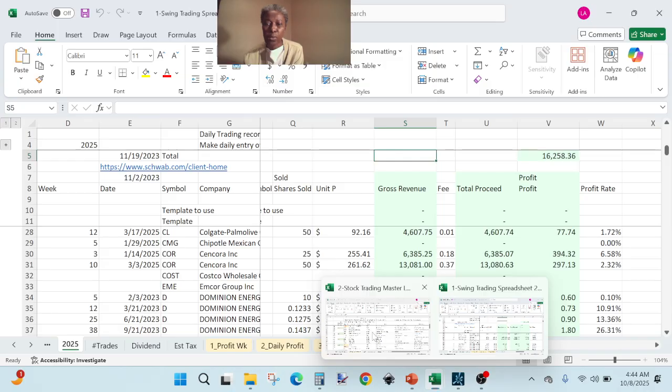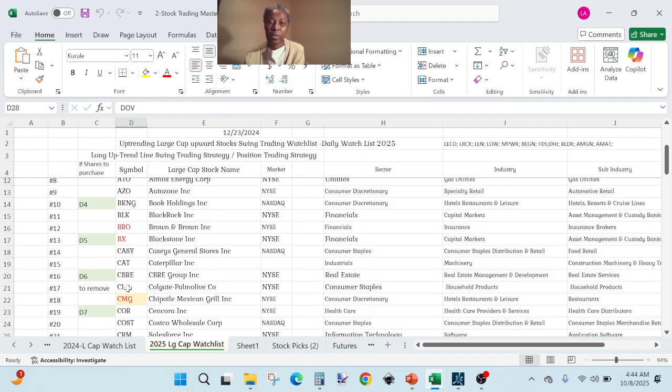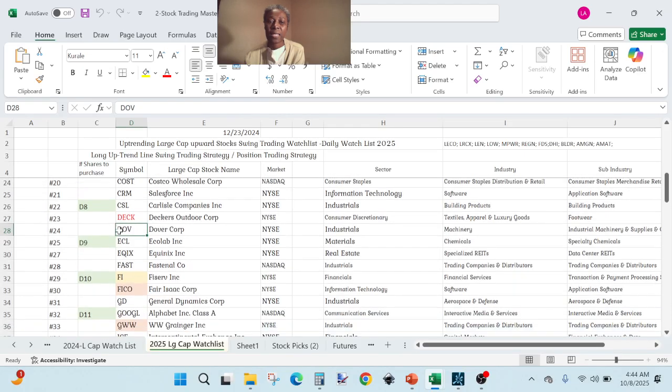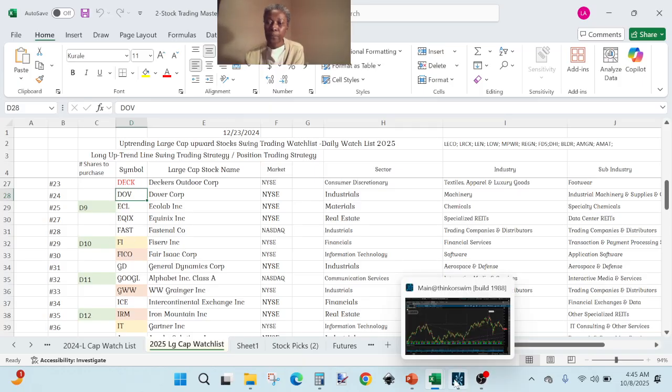And those stocks, we already took time to select them, to build our watch list, and that is the watch list for the whole year. It's not a watch list for 1 week, it's a watch list for the whole year. And our job is just to keep analyzing the stocks on it to see if one is well positioned for us to buy. And once we buy, we color code it so that we know that we already have that stock in our portfolio,